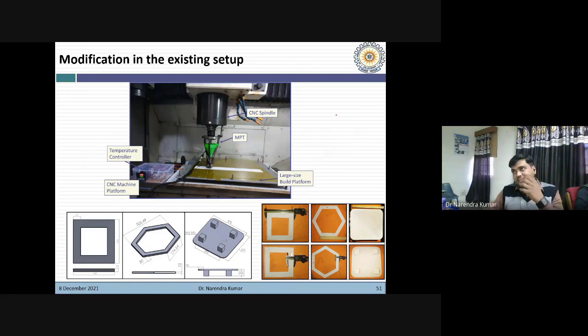The challenges were different actually, because with small part printing we had different kinds of challenges, but with large part fabrication we faced a lot of challenges that were different in nature.